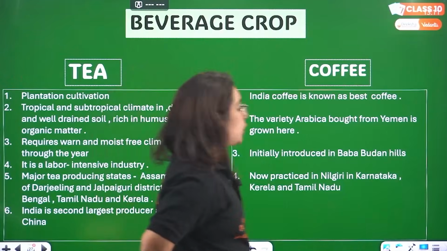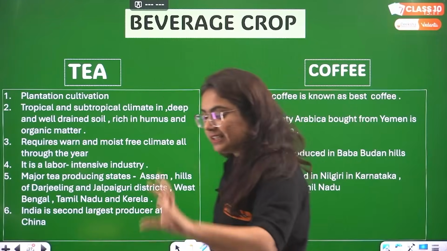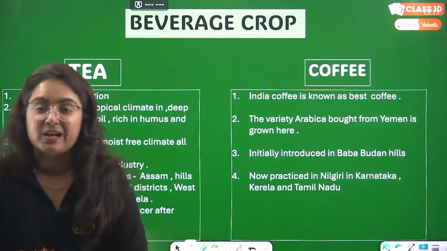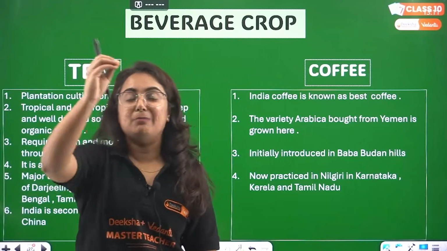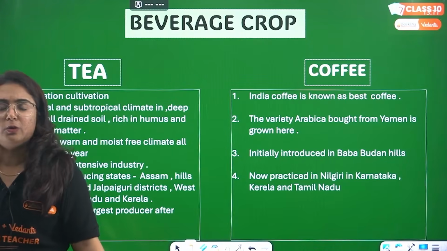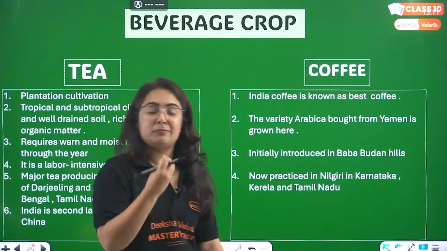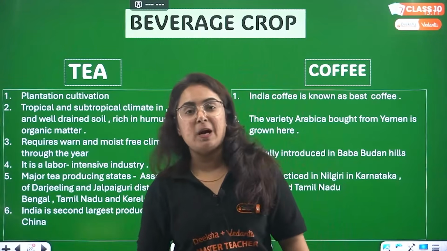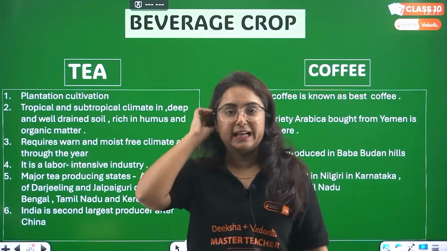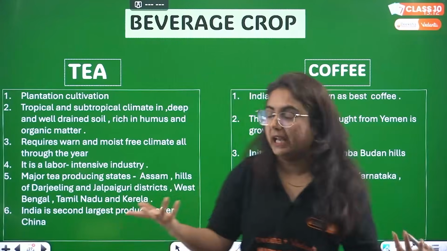Then we have beverage crops in India, again tea and coffee. The strange part is that before the Britishers came to India, there was no tea in India, and now India has become a land where the consumption of tea is maximum. Why do people drink tea like that? I have literally seen families drinking 6 to 7 cups of tea in a day. It's not healthy, bhai. It is actually addictive. Okay, coming to tea.